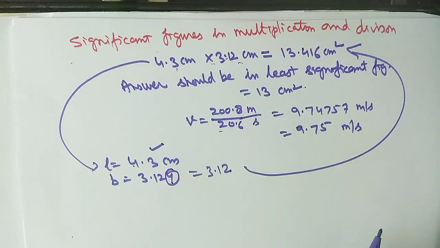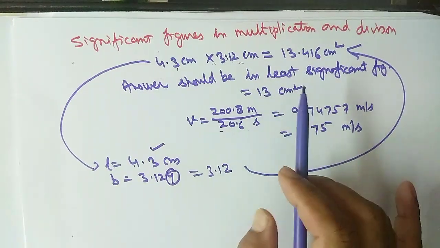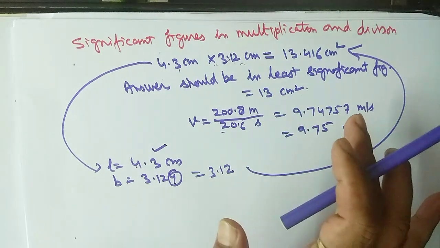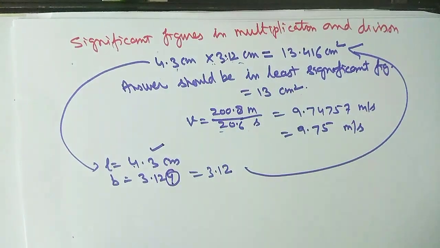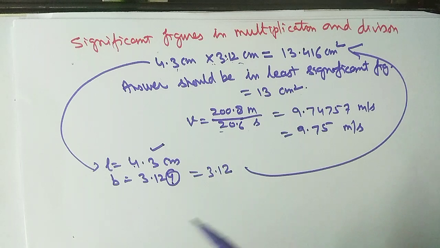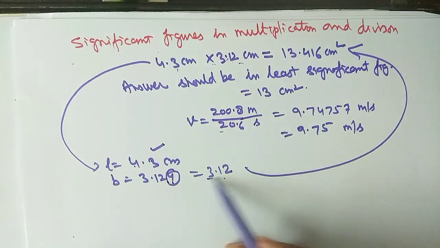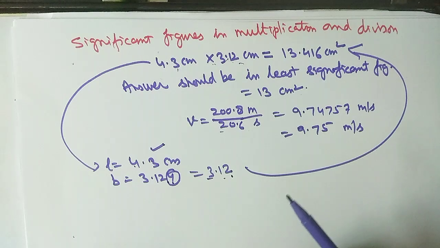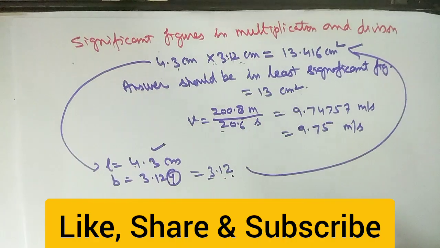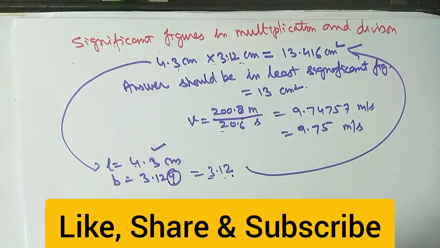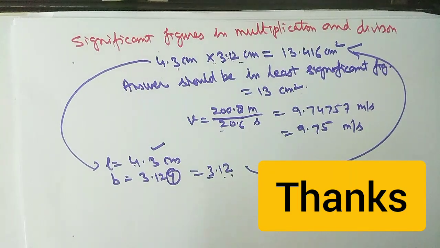Is it clear? Okay, here also, if the two values are given, you have to round off, and the first one you take with minimum significant figures, and the second value you have to take with one more significant figure. Suppose the first is 2 here, and the next one you will take 3 significant figures, one more always. So dear students, this is all about significant figures, very useful for competitive examinations also. Thank you.